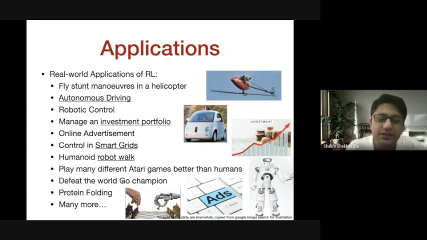And just last year, in 2020, the same Google company came up with protein folding. They can now predict protein folding, which is big news even in the biotech field, where it has been a challenge to know the protein structures and how protein folding happens. But it seems now a computer program can predict that with maybe more than 90% accuracy. So you can see that the applications of reinforcement learning are enormous, and wherever you have any kind of control task, you can model that problem as a reinforcement learning problem and implement learning there.